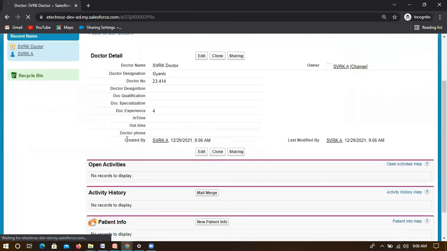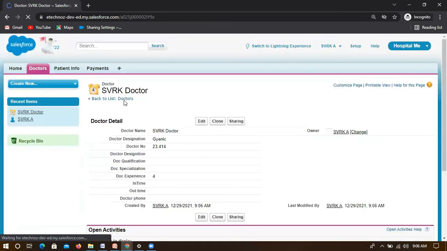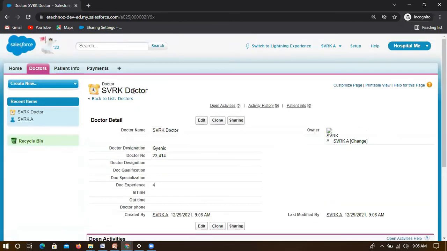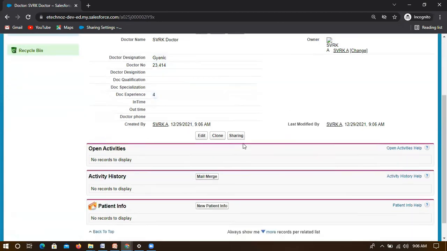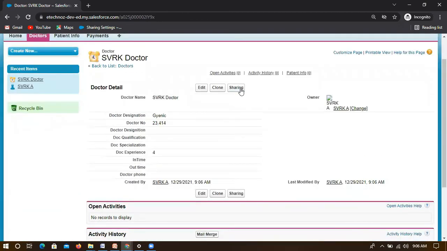So now who is the owner? For this, it is SVRK, right? So this is the owner. And this is last modified. And the record name is something like SVRK doctor. Now I can also share this record individually by